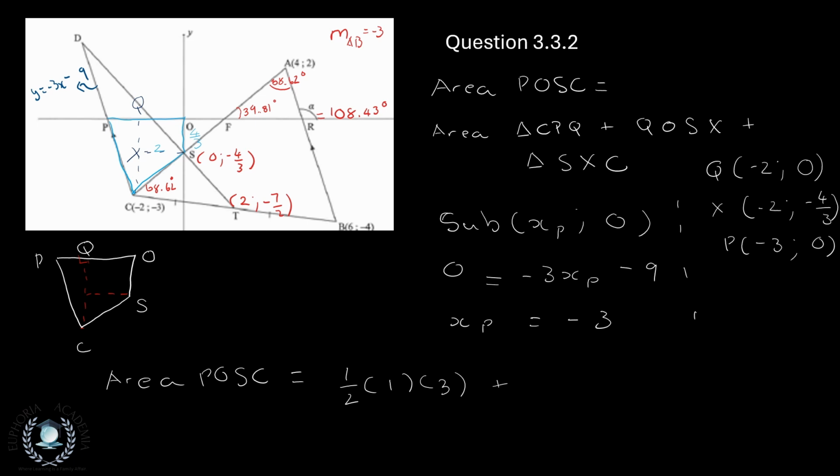or we have that this is length times breadth, right? So it's going to be 2 units multiplied by 4/3 plus, now the other triangle is going to be half of 3 minus 4/3, because that's the length of the base, right? And then that will be multiplied by the perpendicular height of 2, and we shall get a result of